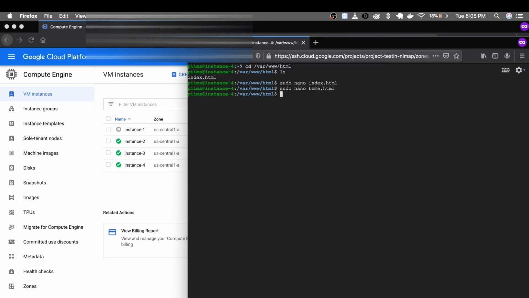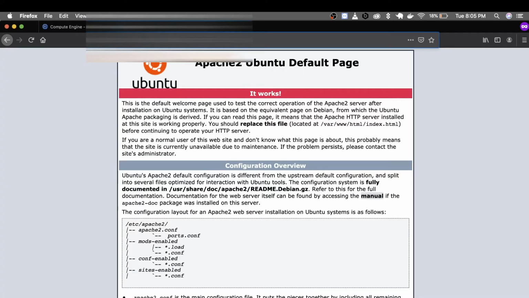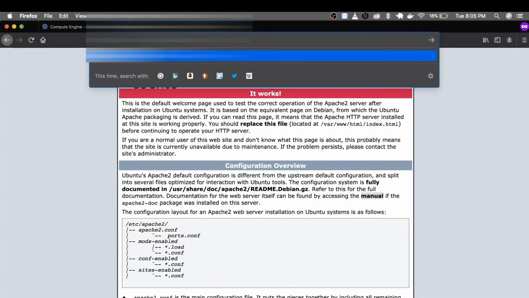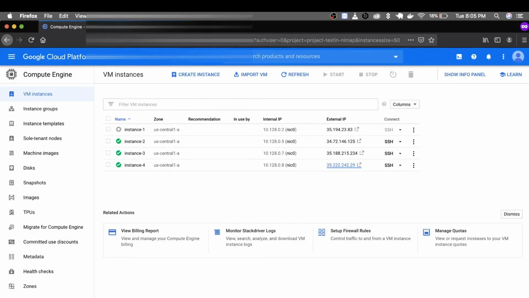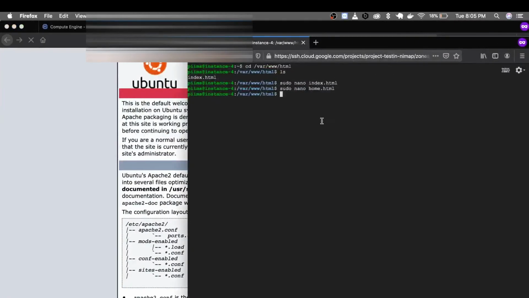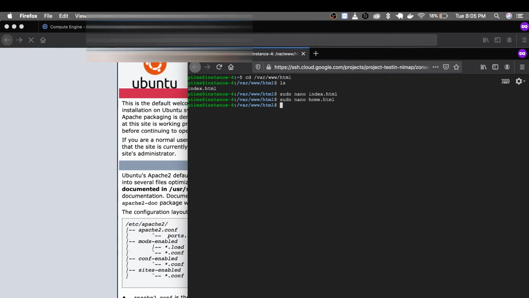Now we can access this file. We have the file called home.html, and we are trying to access this file. Let's see whether this file is available or not. When I click on list, you can see we have two files here, that is home.html and index.html.